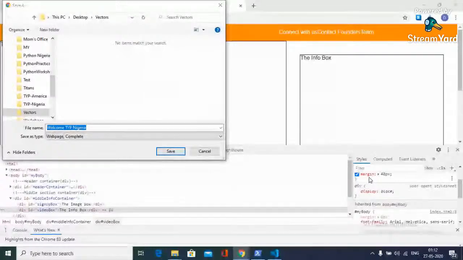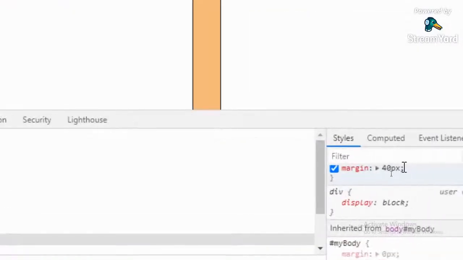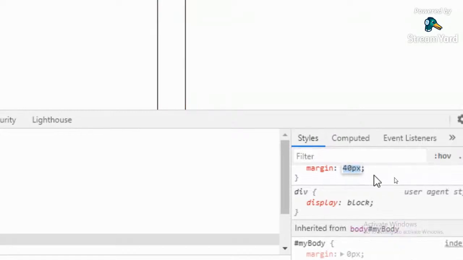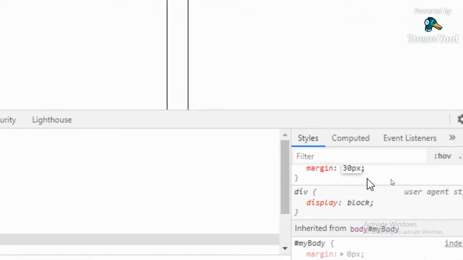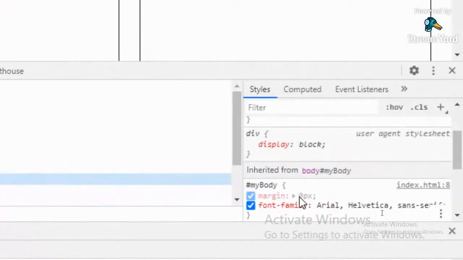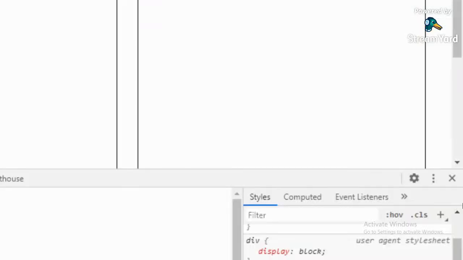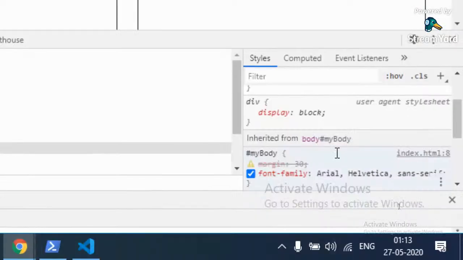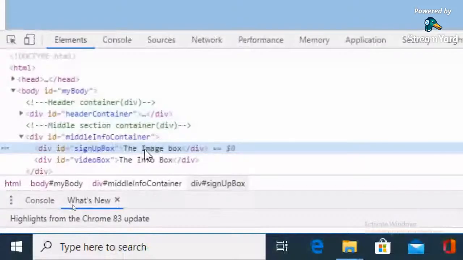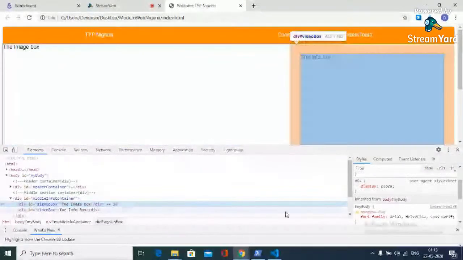Whenever I zoom in, there is some problem. Okay, here. So let me give a margin of 30 over here. And to this element, the sign up box, let us give a margin of, let's say, 30 again. Let's see how it looks. Okay, I'm again giving it in the wrong place. Actually, this zoom is very clumsy over here. So let me,